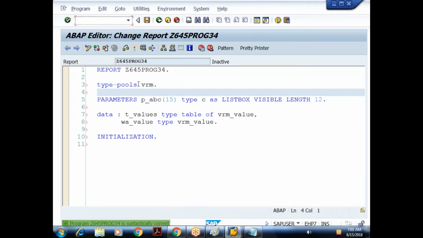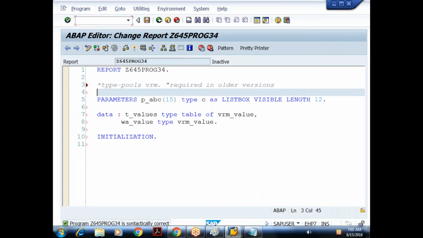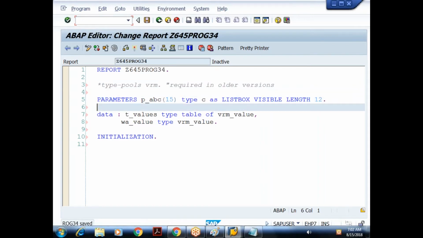So this statement is required if you're working in 6.0 or less than 6.0. But from EHP versions, this declaration is not required. So I'll just give a comment once again: required in older version. Since this is an EHP version, even if I don't declare it, it will recognize.